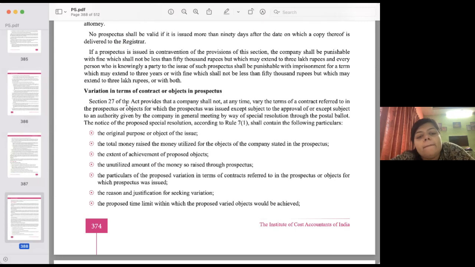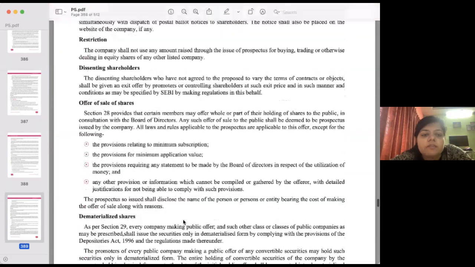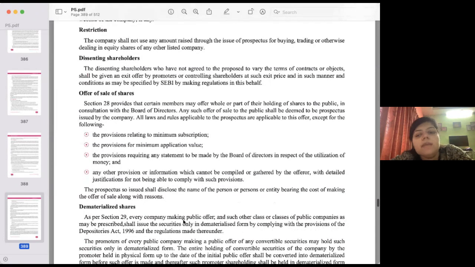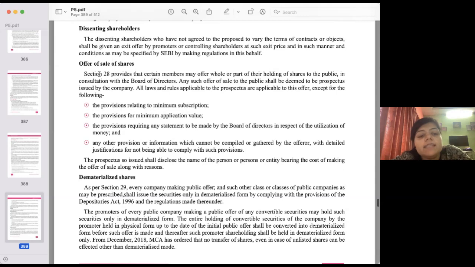Variation in terms of contract or objects in the prospectus. It can vary. However, all of these have to be done only with a special resolution. That's mentioned under Rule 7, subsection 1. Then you have your dissenting shareholders, who will be allowed to exit the company. Offer of sale for shares has been mentioned under section 28, with respect to what happens to the shares of a company